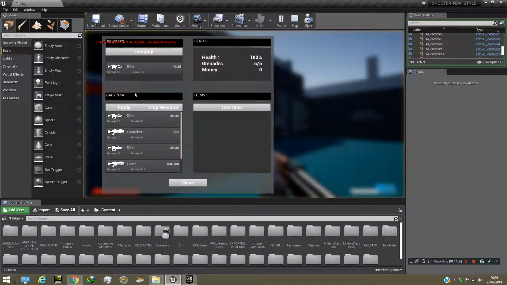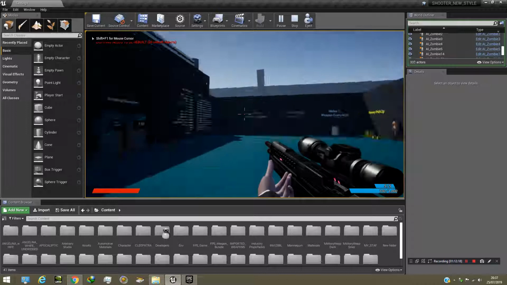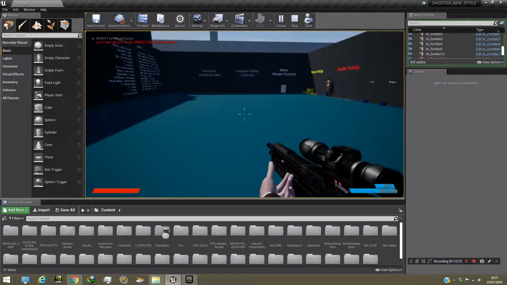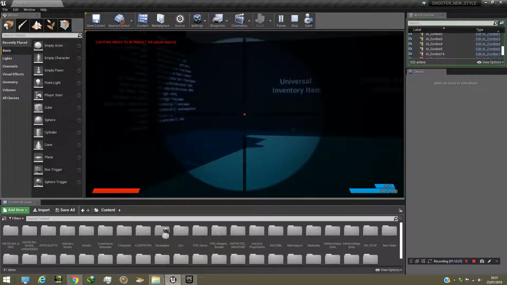I want to use the laser instead, and you should say equip here, then you'll find it up there. Close this, and now you have the laser, or you can exchange weapons with the mouse roll button, or exchange back. Now the laser works like this,